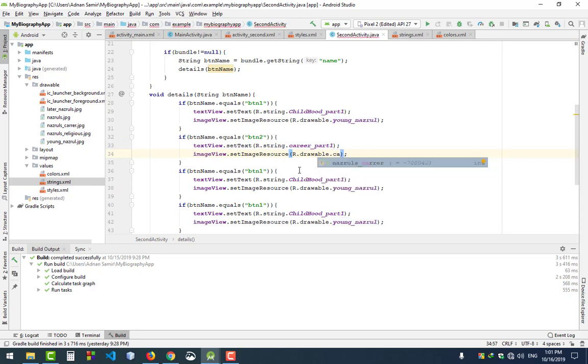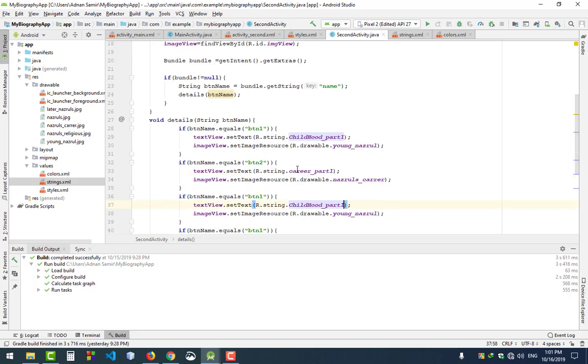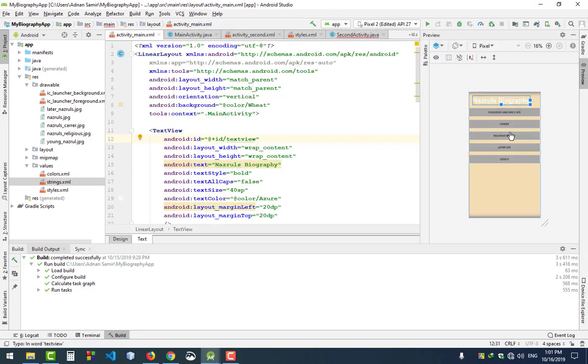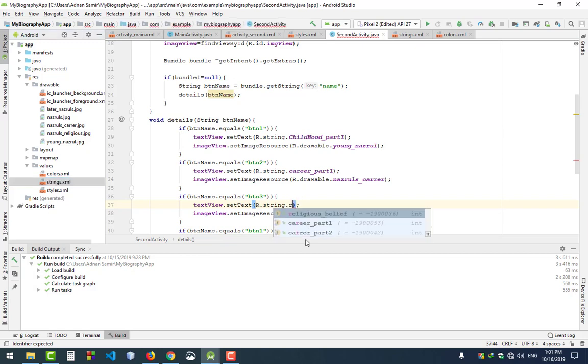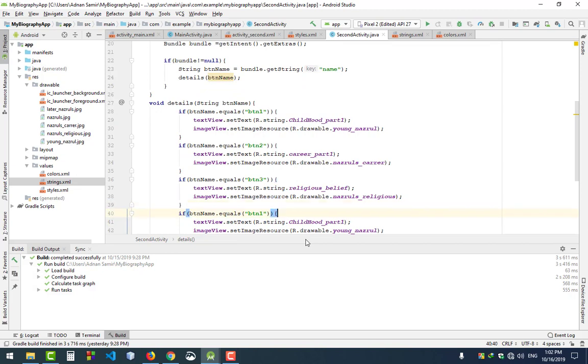Career, and in this part we will set the first button name change. Button name change, and what we will do here: religious belief. Religious belief, button 4,